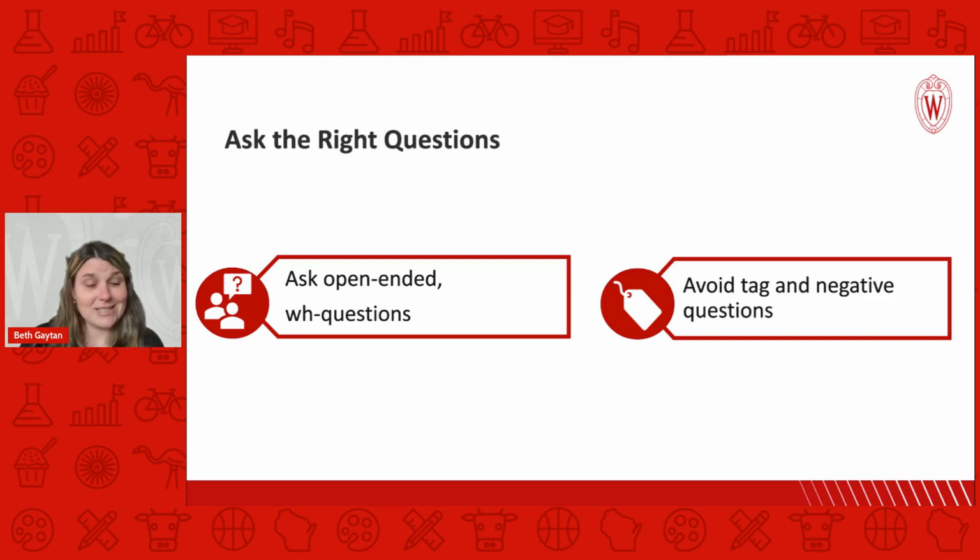In the Say This, Not That video, we learned not to ask a learner, does that make sense? Or do you get it now? Many people answer these yes-no questions with yes, even if they don't understand. They may feel uncomfortable asking more questions. Instead, ask those open-ended WH questions. Try something like, I want to make sure I explained things well. How do you go back to the home page?